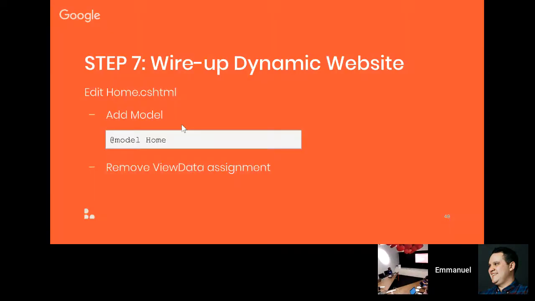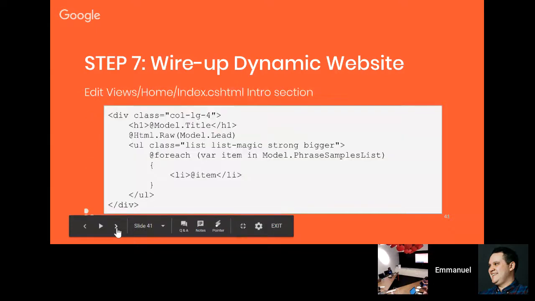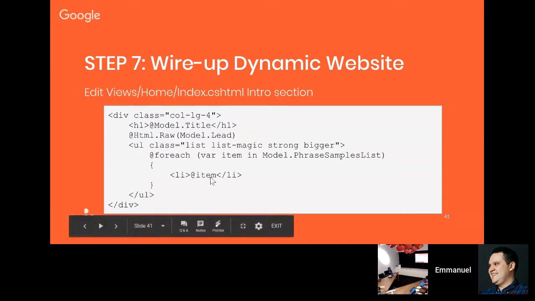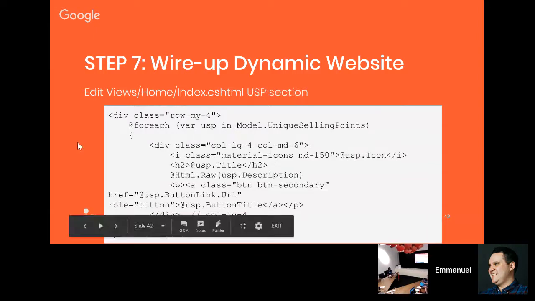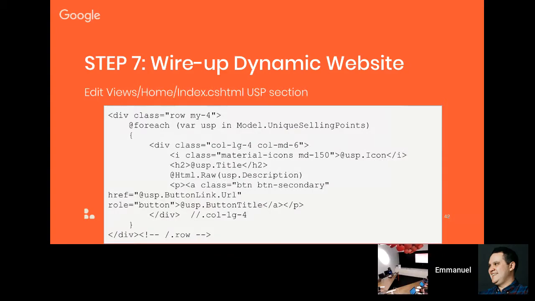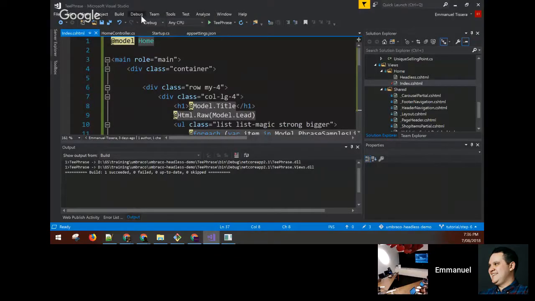And then for the intersection, we can add it like this. If you want, you can do it bit by bit and see how it works, or take the whole thing. So you've got the model lead and the model title, and each of the items in the phrase samples list. And then we have also done the unique selling points. I think it should work. If not,